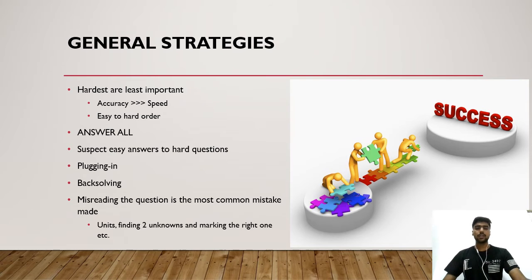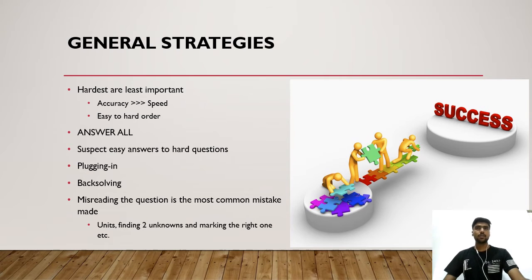Also, you need to make sure that you attempt all the questions because there is no negative marking in this. Also, since you know that as you go from the beginning to the end, you will face harder questions, when you are able to solve a question very easily, you should be aware of whether that is correct or not, because some of the options might be tricky, leading you to the wrong answers. Adopt strategies like plugging in and back solving. Plugging in is nothing but assuming some random values based on the question, and back solving is where you choose options to check whether the question is satisfied or not. Also, there are some other shortcut methods which we can discuss in the course.